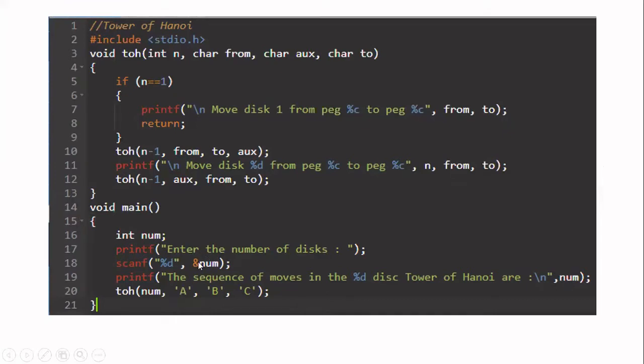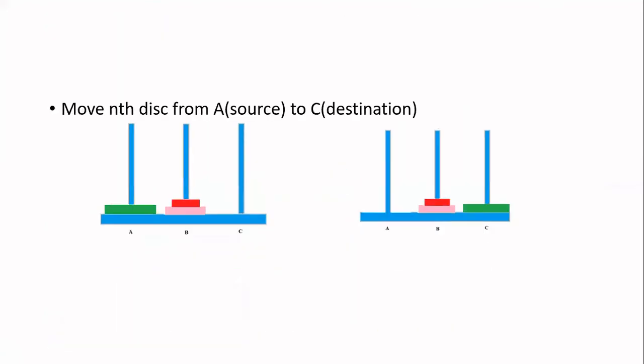After that, you are going to move. What are all the sequence of movements involved in the Tower of Hanoi problem? The answer is, you will print your answer like this. You will ask the user to enter the number of disks. Then when the user enters some number n, whatever is the disk movement involved in the Tower of Hanoi problem, all the disk movement you are going to print.